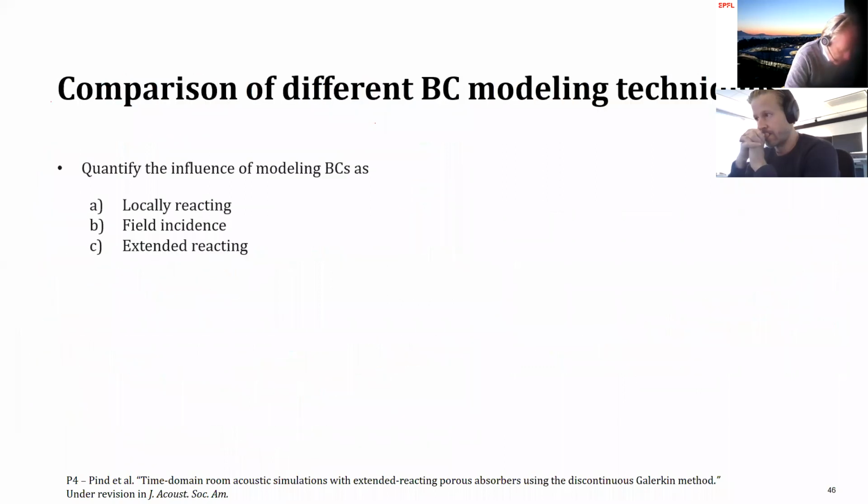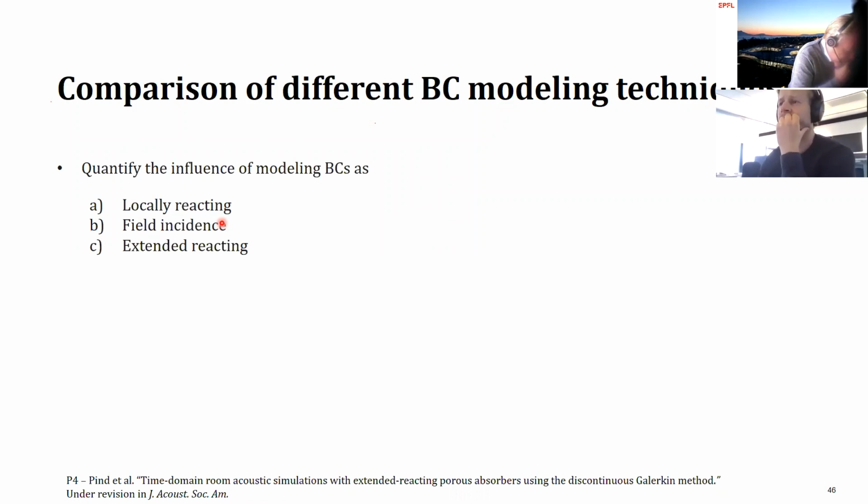Okay, so these results I've shown you so far were all for a single reflection case, but we also wanted to investigate, when we do full room simulations, what is the influence of modeling the boundary conditions, either with this full extended reaction model, or when we use simpler methods such as the local reaction approach, which is the standard approach, one can say, for wave-based methods, or the field incidence approach, which is a weighted angle average. So it's similar to the commonly used random incidence approach, which is perhaps the industry standard in geometrical